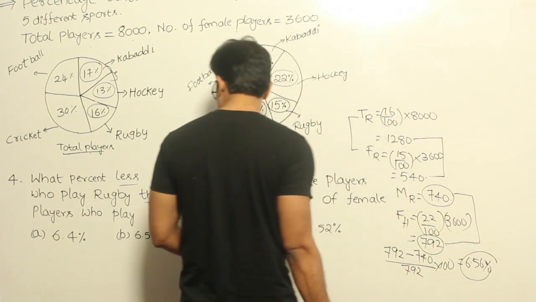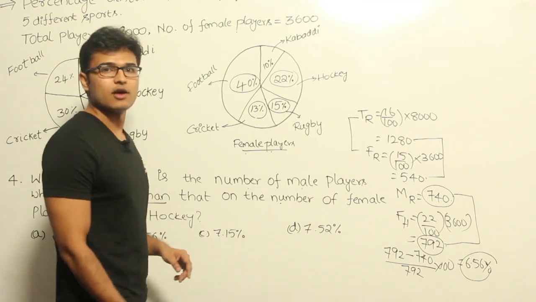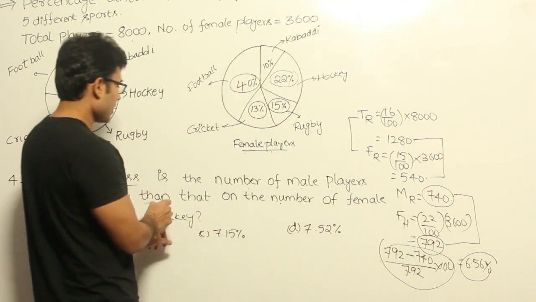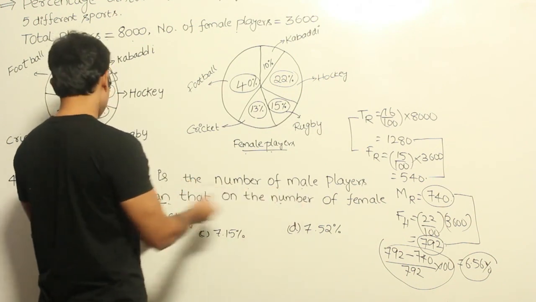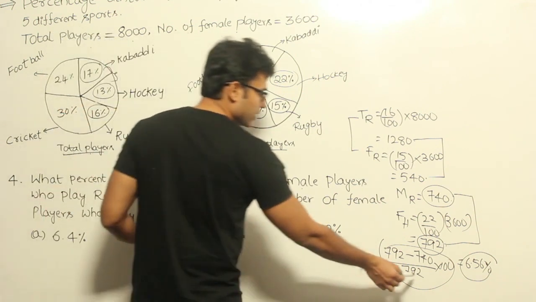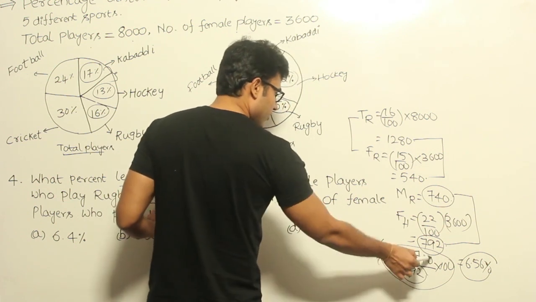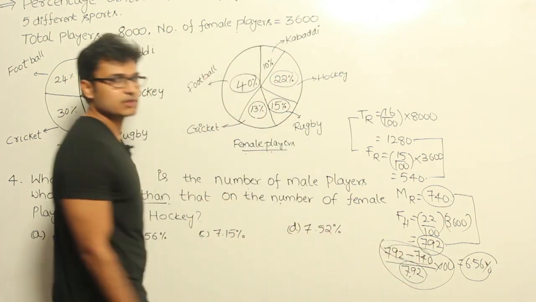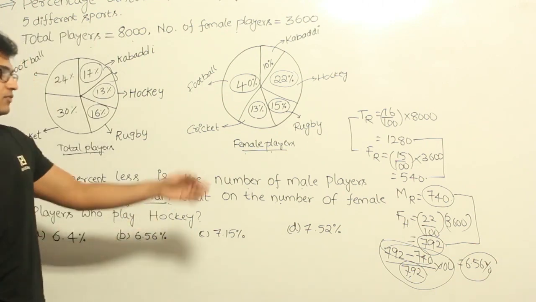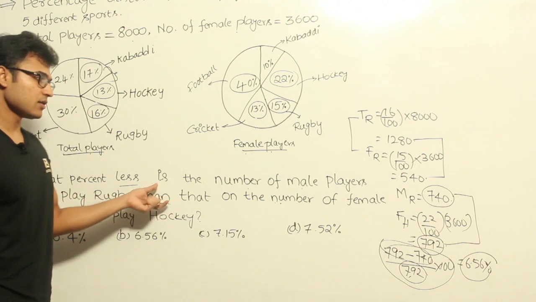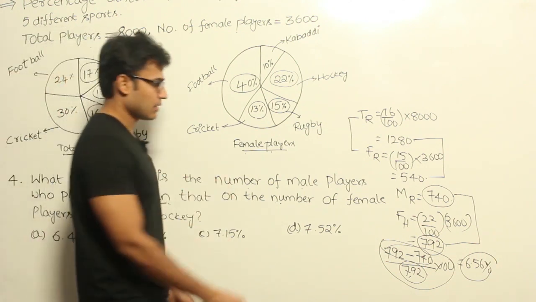So while discussing the percentages topic, we have seen how to write this. Alright, so after "than", it is given the number of female players who play hockey. That is why in the denominator we are taking the number of female players who play hockey, and this number represents the difference, how much less it is, and then we can find out the percentage. So this topic we have discussed in percentages. You can refer to that, how I wrote that. Okay,